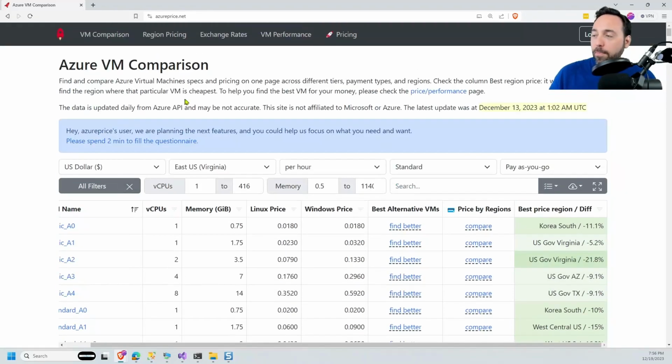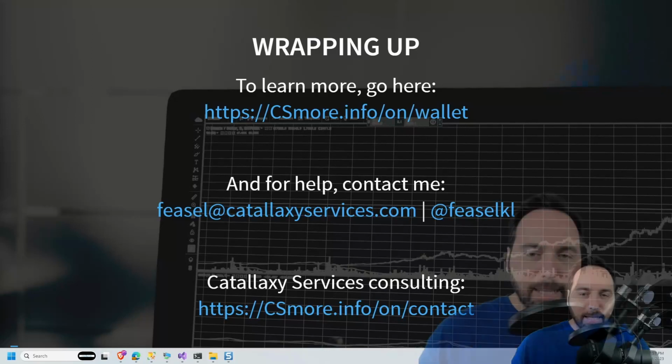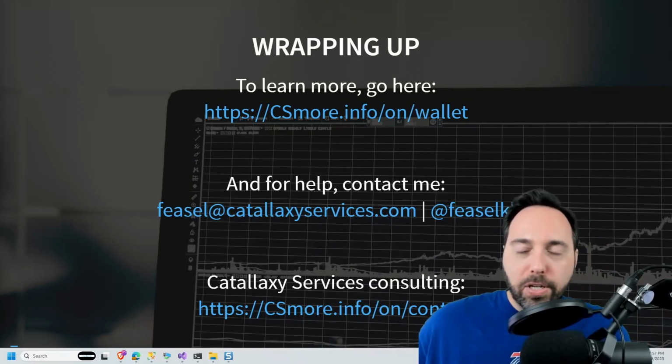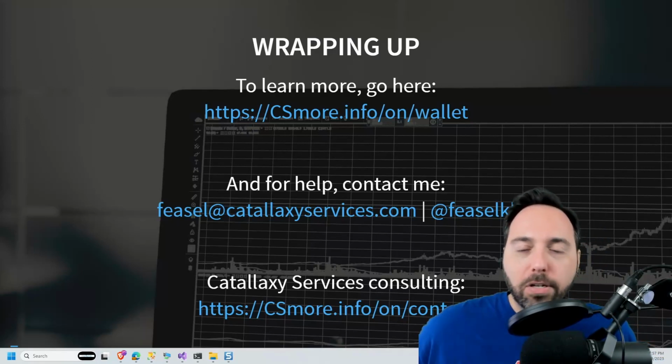So there can be a big difference. Now, how can you test or figure out how much slower things will go if you pick a region that's further away? I'd say the answer to that, you can spin up the resource and you could run ping testing, so you could figure out latency. You may have to do load testing.